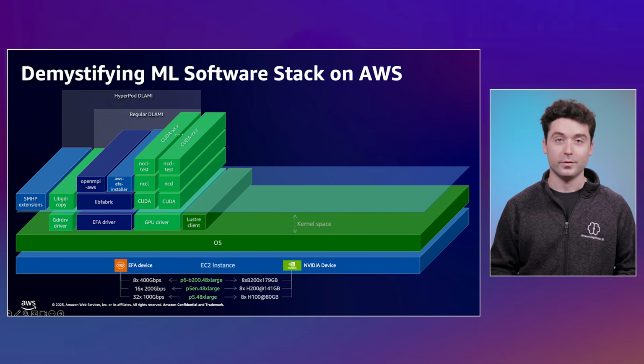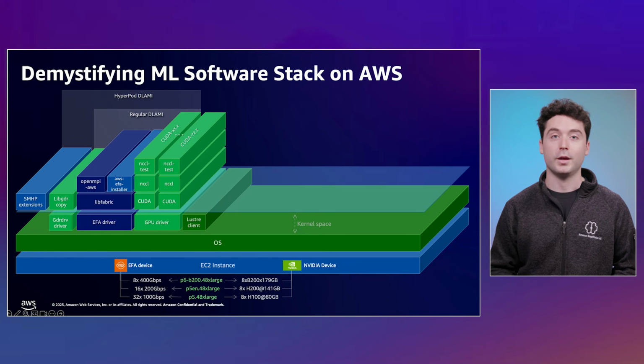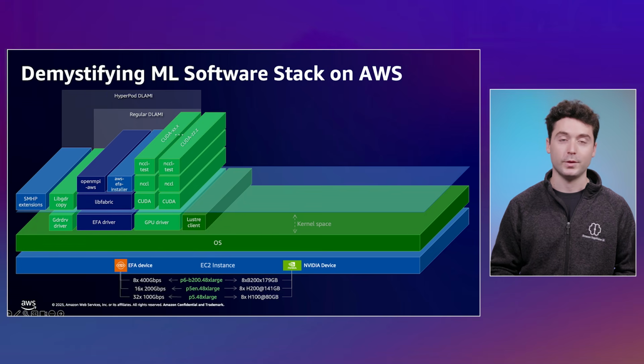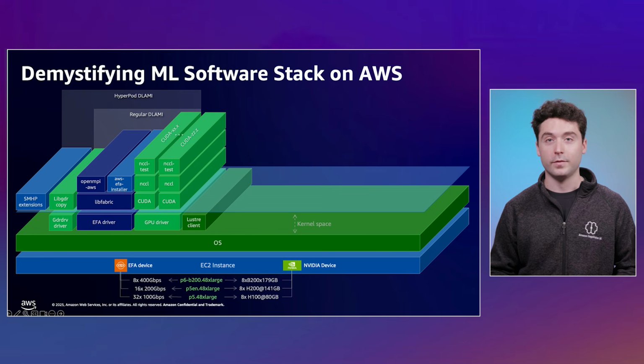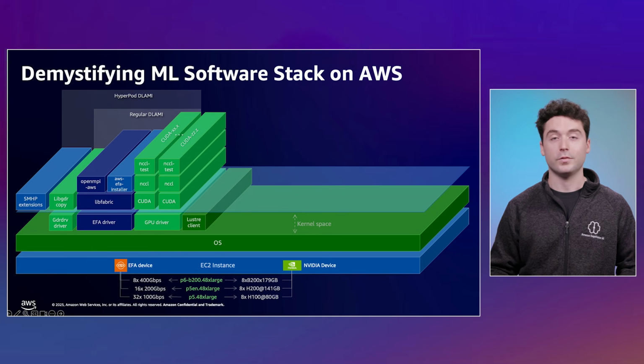Within the operating system, we integrate key communication and computation libraries: NCCL for GPU to GPU communication, CUDA for GPU computing capabilities, libfabric via EFA for optimized networking performance, and a distinctive feature is the SageMaker HyperPod extension within its